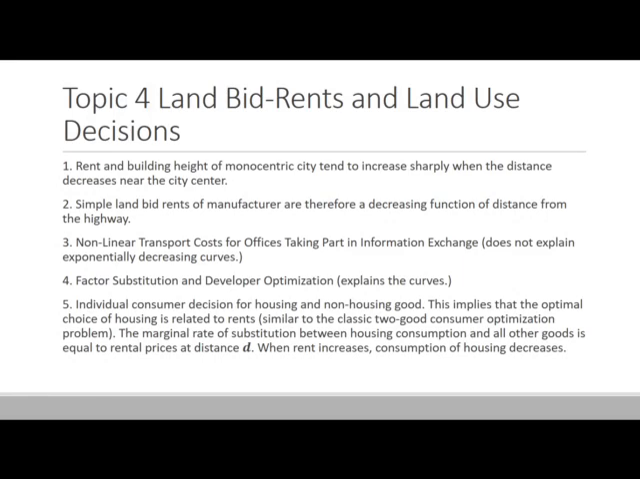Topic 4 is called land bid rents and land use decisions. As we said at the very beginning of this topic, one key question in this chapter is to understand why both rent and building height of a monocentric city tend to increase sharply as distance decreases near the city center. Or in other words, just like when you look at each city,